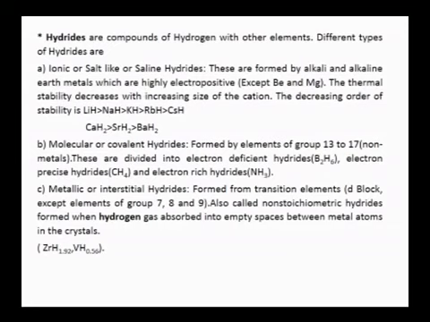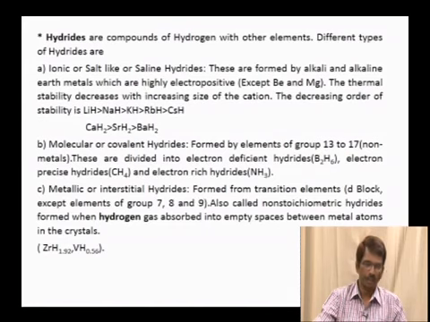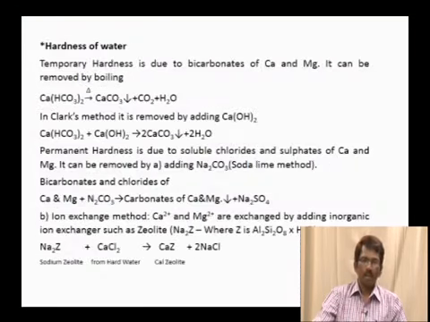And then you have metallic or interstitial hydrides. These are normally formed by the transition elements or the d block elements, except the elements of groups 7, 8 and 9. They are also called non-stoichiometric hydrides, and these are formed when hydrogen gas is trapped into the cavities, or empty spaces, between the metal atoms in the transition metal crystals. Since the number of cavities or the number of hydrogen atoms trapped differs from crystal to crystal, you cannot have a specific stoichiometry for the formula of these kinds of hydrides, and hence they are called interstitial hydrides. Coming to hardness of water,